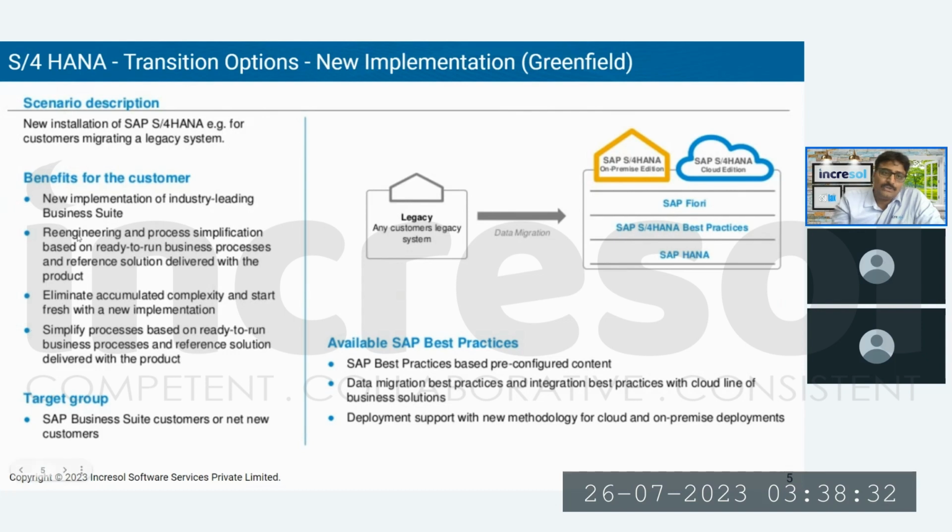In the new implementation approach, you just activate your SAP S4HANA system freshly without carrying anything from the old system. You activate the SAP best practices and each business process, and reevaluate whether that business process fits your need or not, and try to adopt your business process to the SAP standard. Suppose you feel that you are not following industry standard practices, or your system is highly customized and users are inclined to the customizations, and you want to get rid of it and set a standardization process as whatever your industry follows as best practice, then